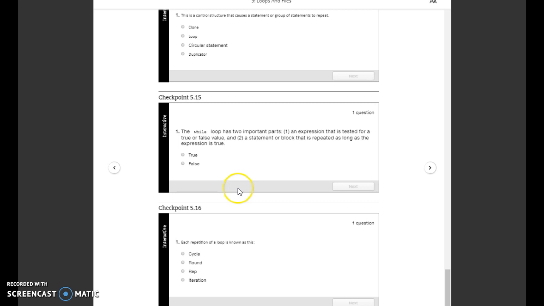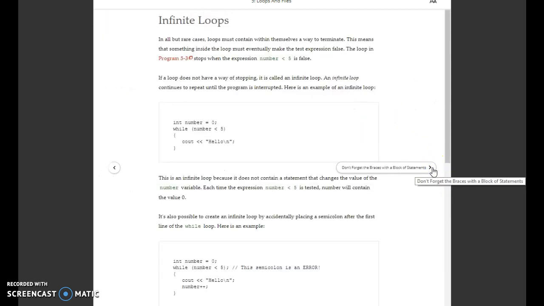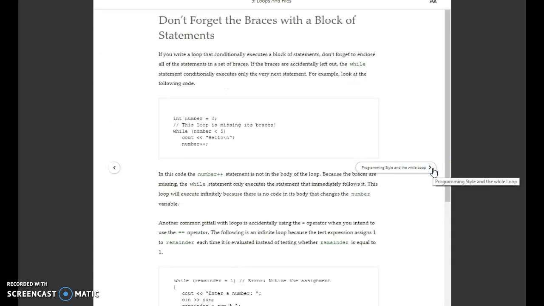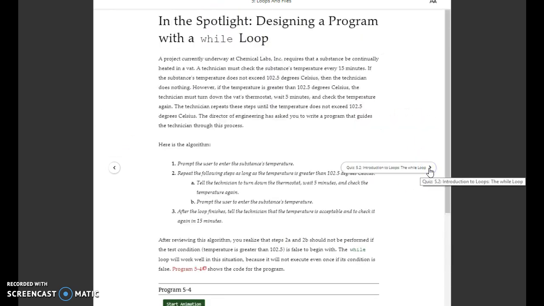Now once we're done with this particular area, we can navigate through the rest of the course. And it goes over the while loop, which is the pretest loop, and then we continue through to infinite loops, and then braces with a block of statements, goes over that information, and then programming style, and we can scroll all the way through until we get to the end of